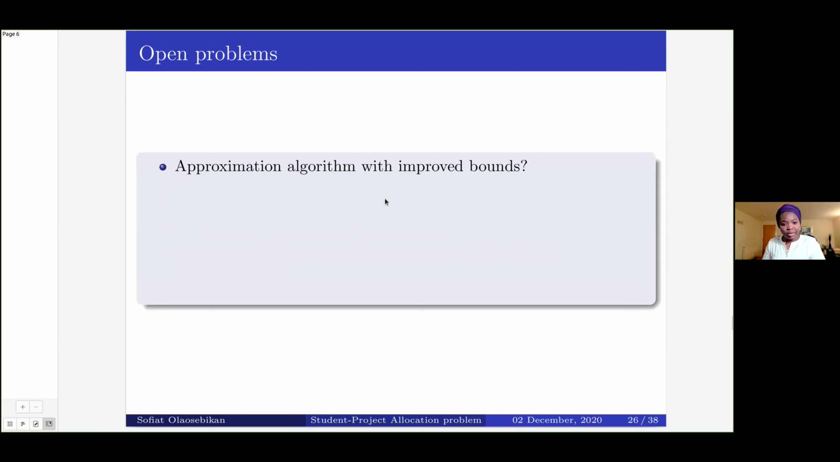And for open problems, theoretically would be, can we design other approximation algorithms with improved bounds for these same problems? And how about FPT algorithms? Is there a parameter of the problem that can be used to design an FPT algorithm? And for these,